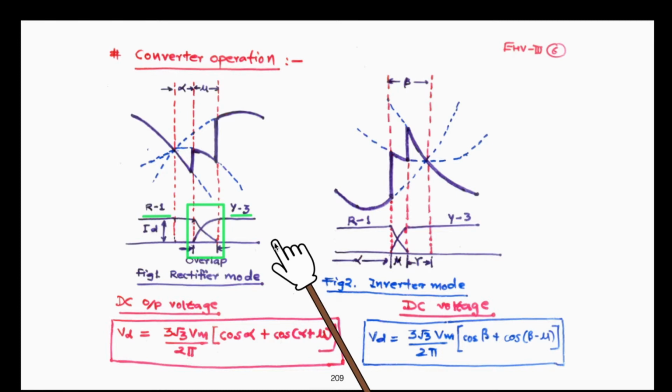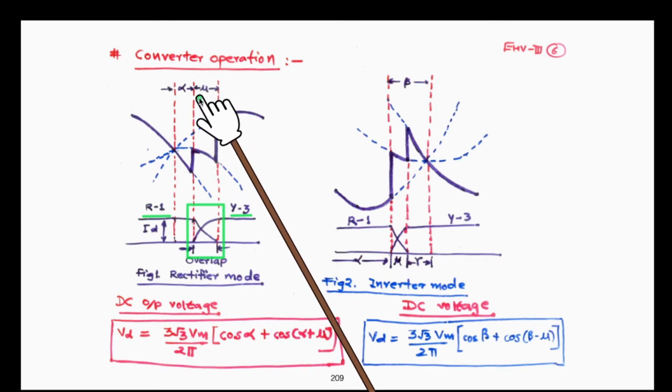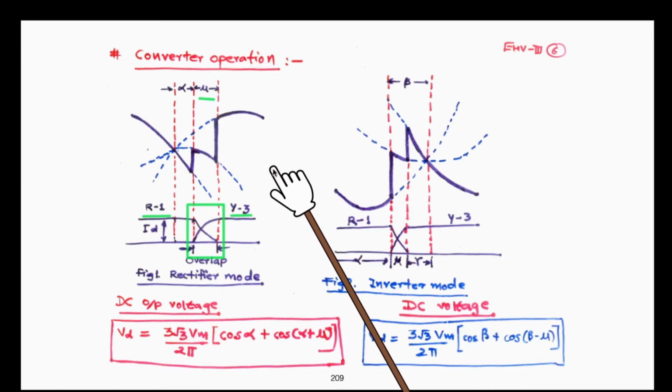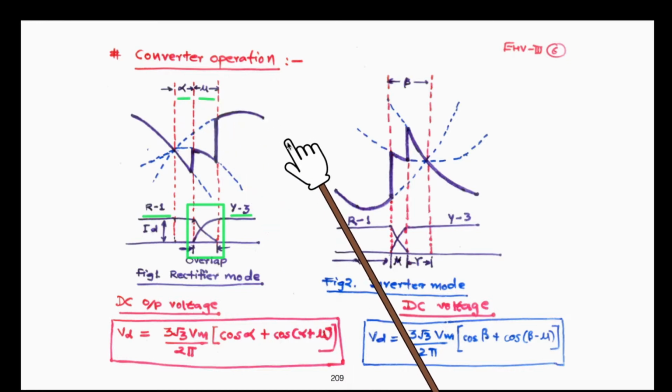As a consequence, during transfer of current from one thyristor pair to another, the outgoing thyristor 1 will transfer current to thyristor 3, and for some time both of them will conduct, leading to a reduction in the average output voltage due to commutation overlap. Commutation overlap is represented by the standard notation angle mu. Then the firing delay is alpha. Generally the minimum firing delay for stable operation of the converter lies in the range of 2 to 5 electrical degrees.